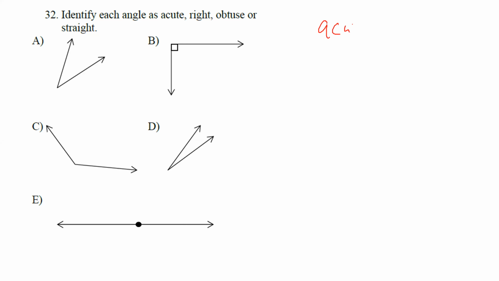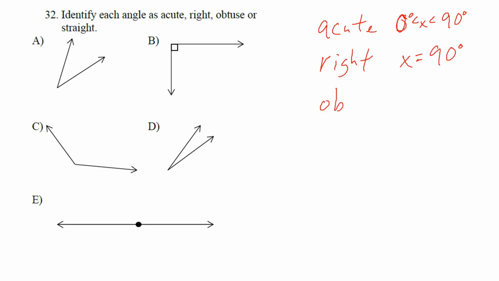If we're talking about an acute angle, that is any angle that falls between what 2 measurements? Acute would be anything that falls between 0 all the way up to 90. So anything between 0 and 90 degrees would be acute. A lot of times we say less than 90, which is essentially correct. Again, you just have to make sure it's also greater than 0. So anything between 0 and 90. Then the next one was a right angle, and that's going to be anything that is exactly 90